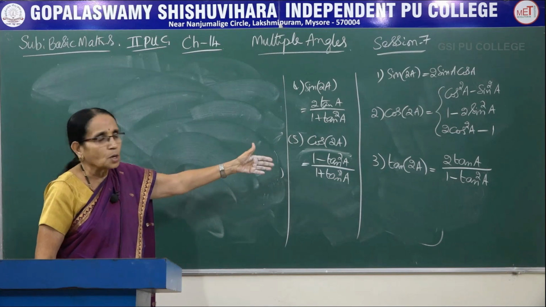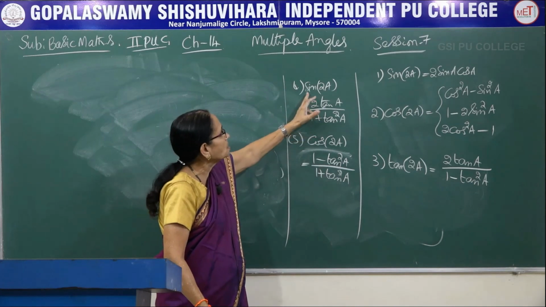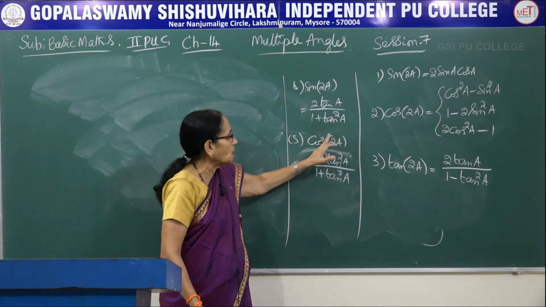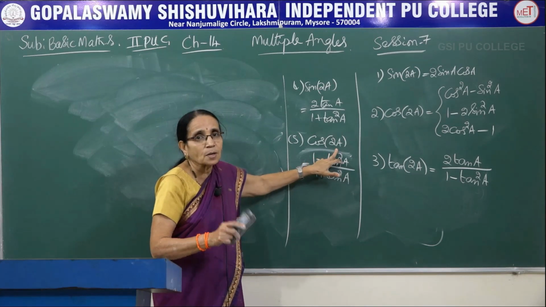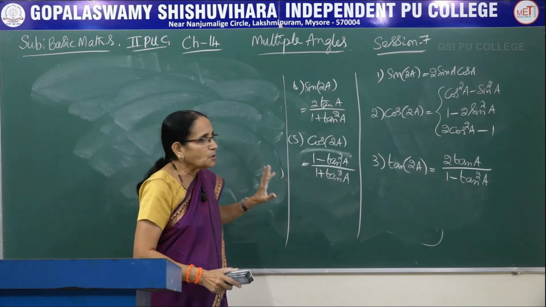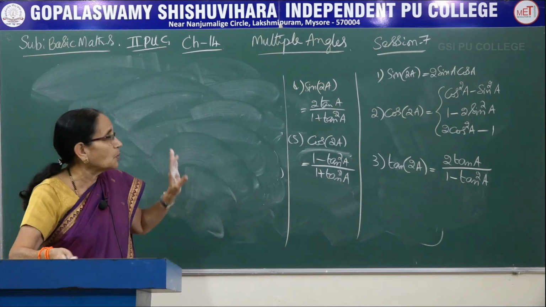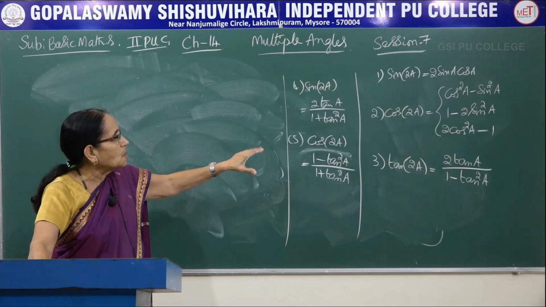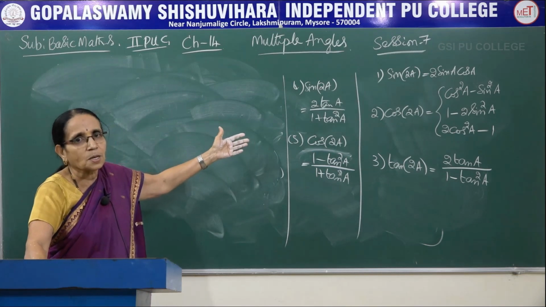it is applicable for tan of 2a also. Even here you can use the same procedure. Suppose I am having sin of 4a, you can write 2 tan 2a over 1 plus tan square 2a. Suppose I am having cos of 10a, let us assume, what is half of that one? 5a. So, 1 minus tan square 5a over 1 plus tan square 5a. Whatever angle is present on the left hand side, suppose it is an even number, you can write it as 2 into some other number. Then using the formula, wherever a on the right hand side is, it can be replaced by the next number, whatever has been given in the problem.